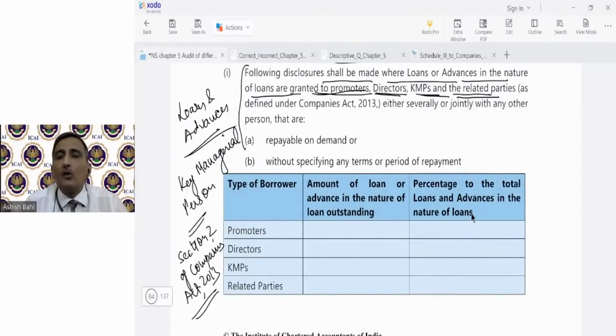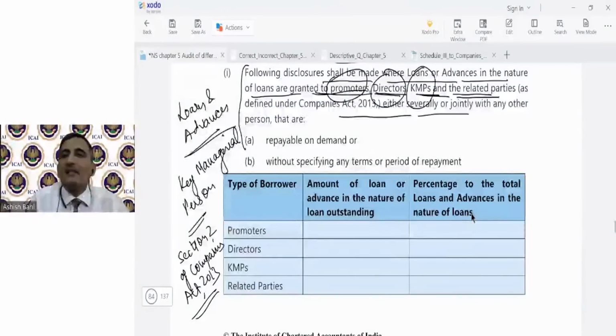So following disclosures shall be made where loans or advances in the nature of loans are granted to the promoters, to the persons who have promoted the company, directors, KMPs, and the related parties as defined in Companies Act, either severally or jointly. So either individually, severally means individually. So either individually or jointly with any other person that are repayable on demand. So if some loan is given which is